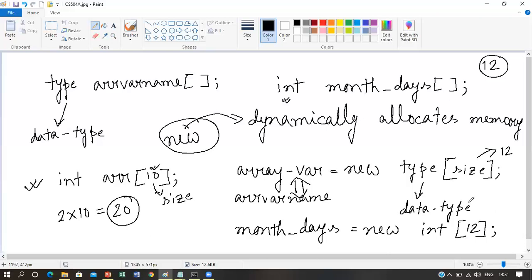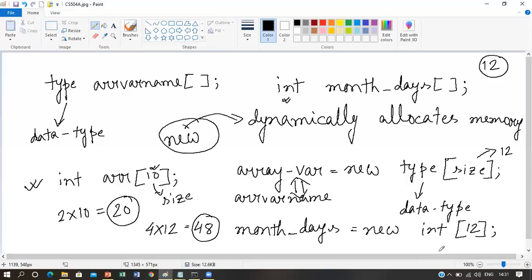We know that in case of Java, integer takes 4 bytes in memory. So a total of 4 into 12, that is 48 bytes of memory, will be allocated when you dynamically allocate memory for this month days array using this new operator.